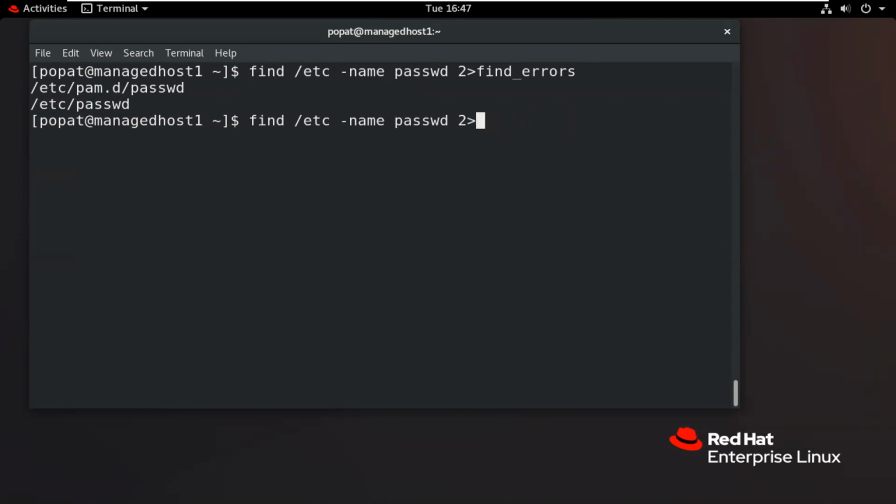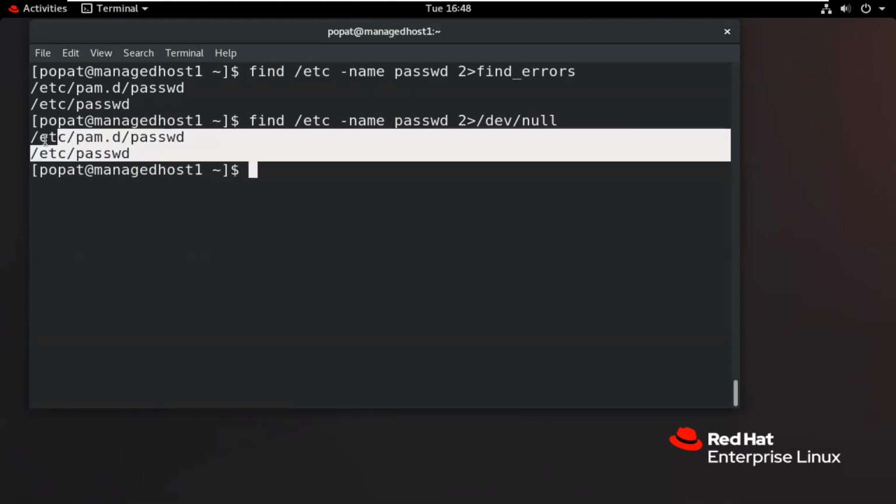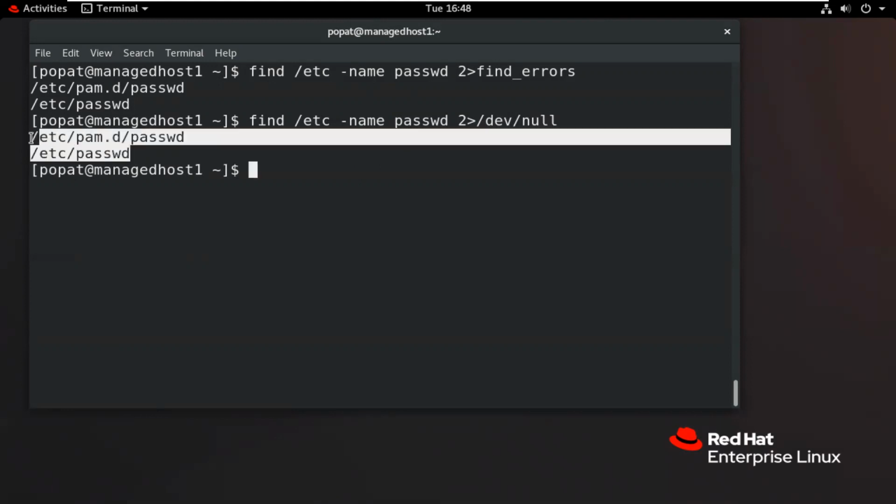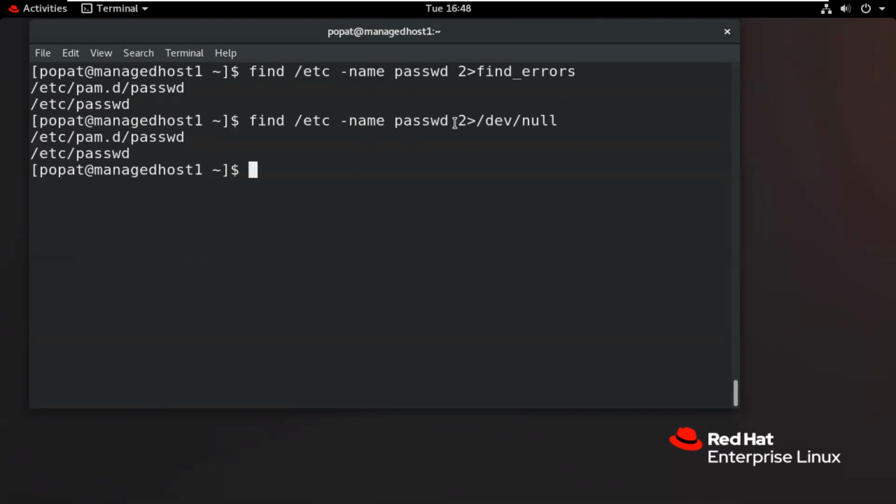And I want to ignore the errors. I do not want to save them. So what I will do is use /dev/null here. The output will be shown on my screen, but the errors will be discarded. When we want to check these errors in /dev/null, it does not show me anything, because it automatically deletes everything sent to this location. So null means not specified.